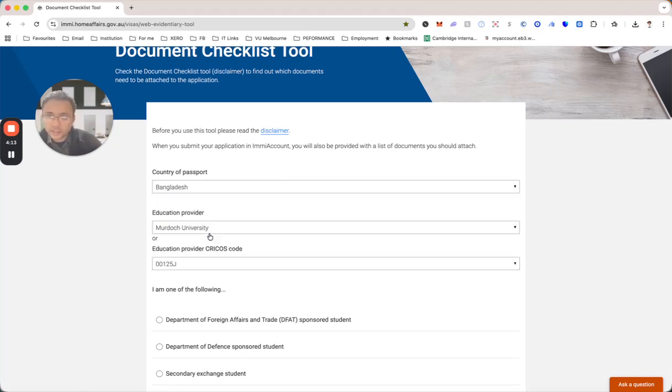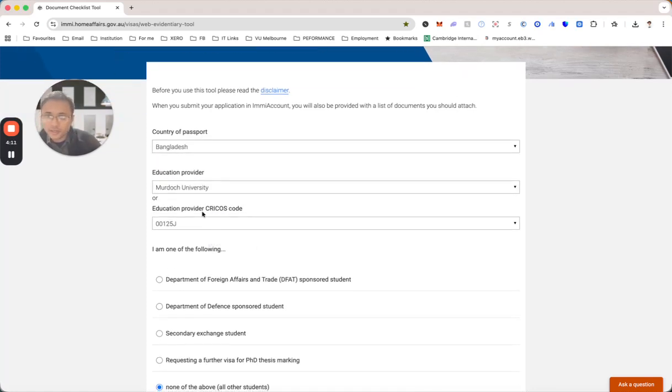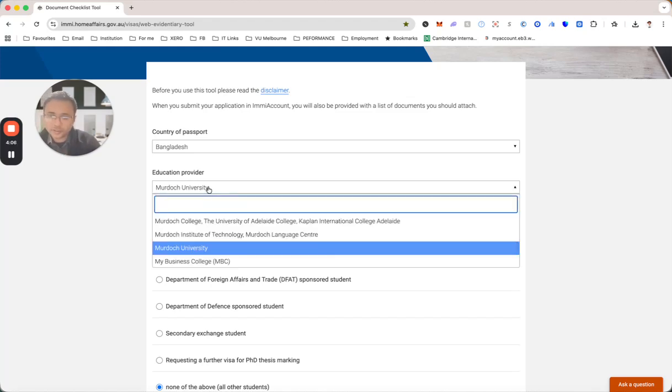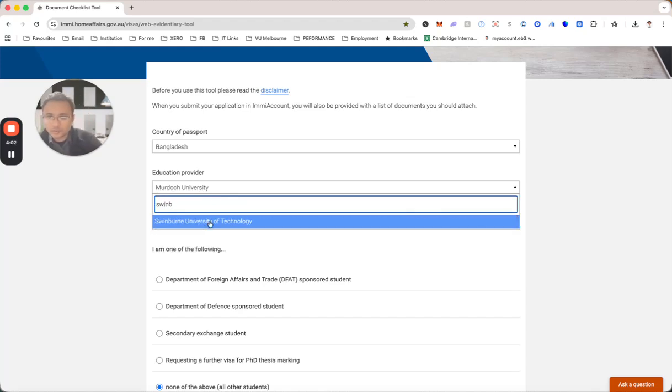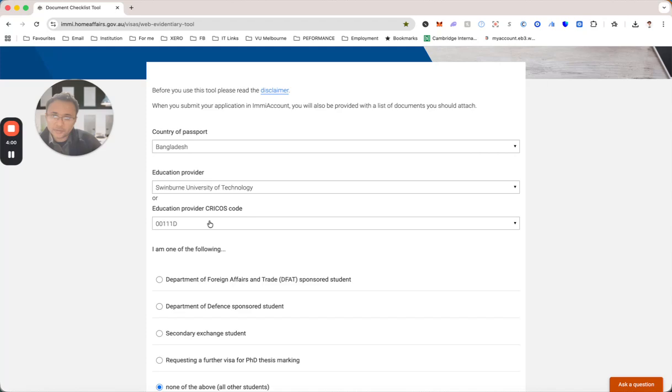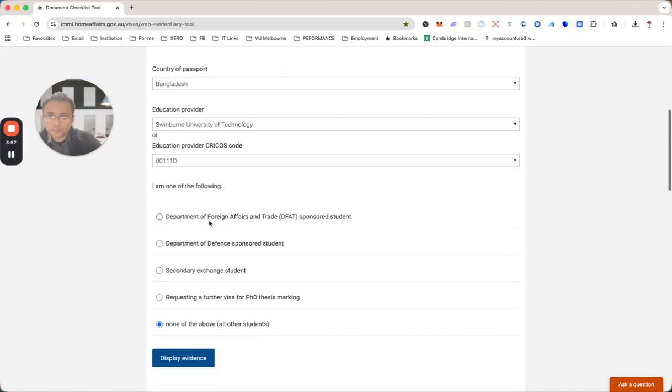After choosing country, you have to choose your education provider. Let's say you are planning to do a master degree in Swinburne University of Technology. So you will type Swinburne. So Swinburne University of Technology I am selecting. Now Cricos code will automatically come here,